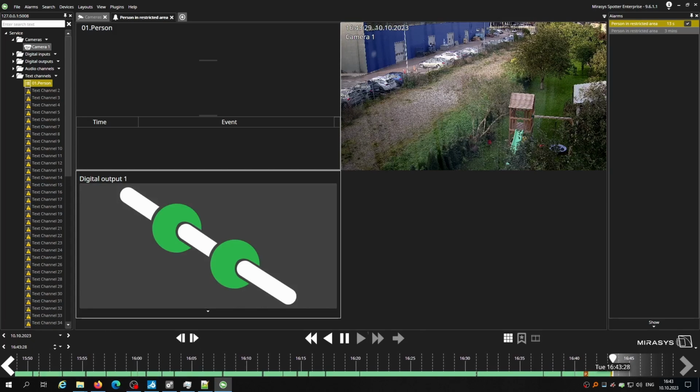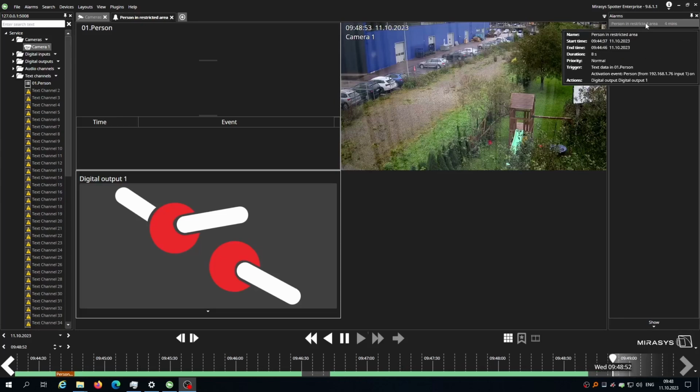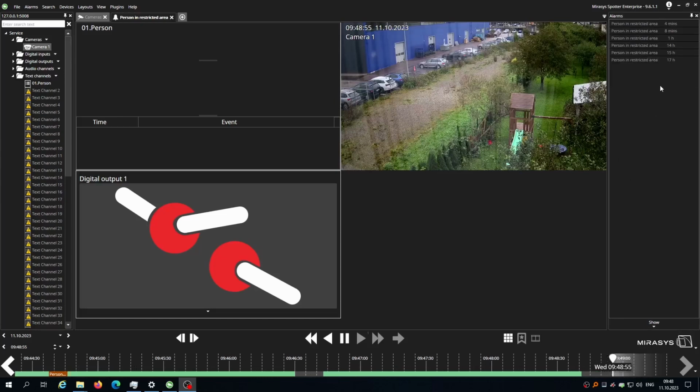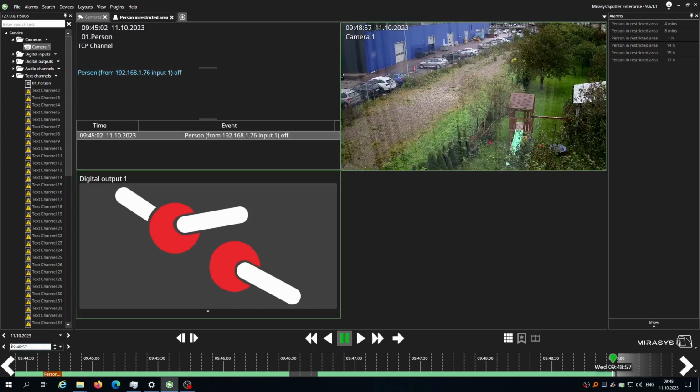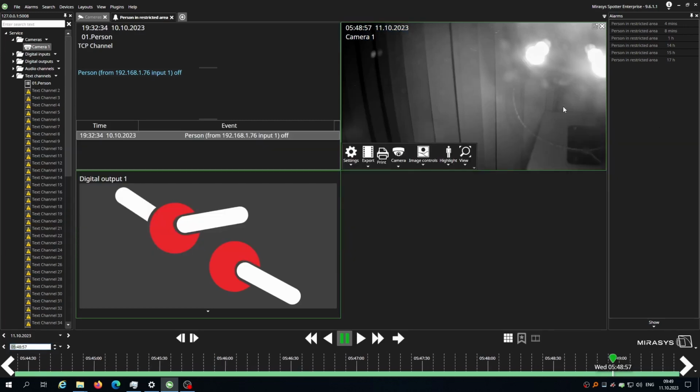I will leave this system to work overnight, and I will see which alarms it will collect, and also add to this video. Okay, for the night it didn't collect any motion because it was actually a camera fault. I installed the camera on the glass and you see that it doesn't see anything at night. But